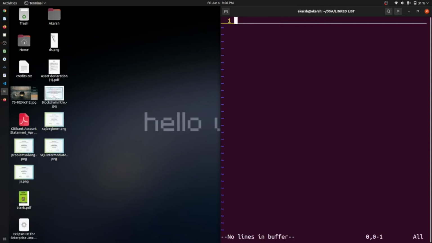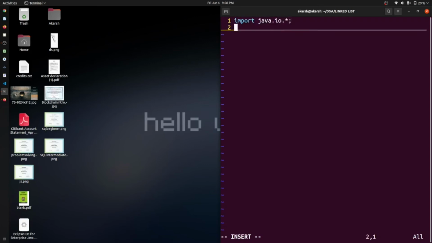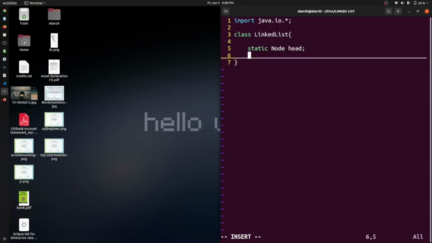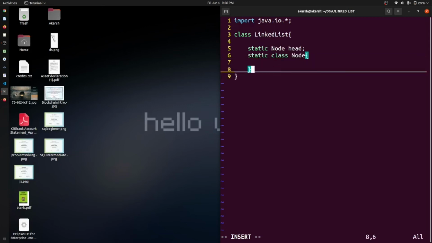So let us come to our code. I will create a Java class LinkedList. Okay, so firstly we will create a static node. Okay, so it will have a head. We have to create a node, so we will create a static class Node.